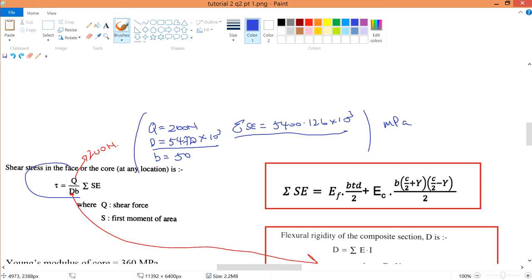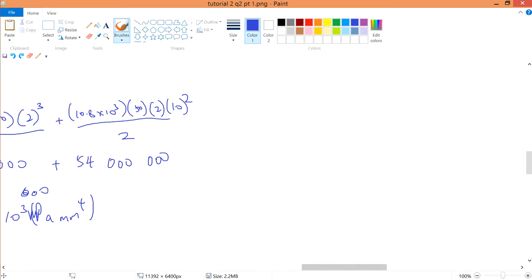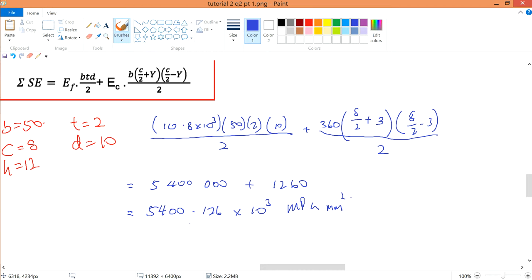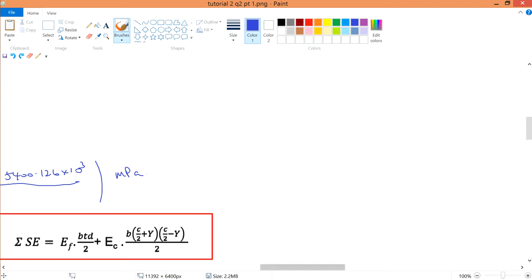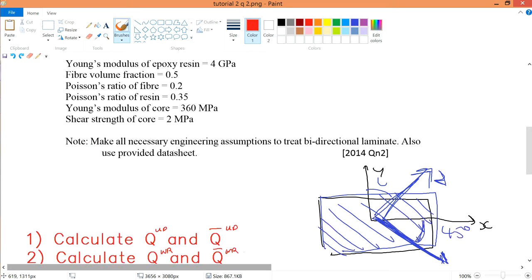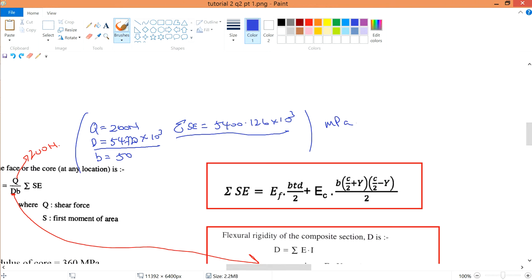You just compare this formula to this one. I'll not go through it. But eventually, if you sub it into your equations, ensure that you are in terms of megapascal, because all along we are talking about megapascal. Your D is this value, 54720 megapascal, and it's millimeter, so take note of the millimeter. It's quite intuitive that it's millimeter if you think about it, because they say that you need engineering assumptions and things like that. So I think this is the certain assumptions that we take in.